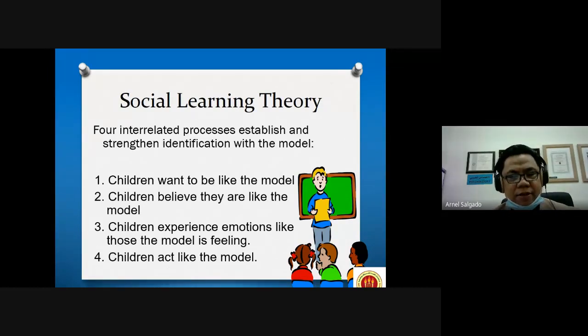And they act like the models, no? Maybe the way they act, the way they move their hands, the way they move around the classroom, the way they ask questions, the way they interact with students, the way they deal with the students. So that's how they learn. That's how they copy. As I mentioned to you, imitation is a form of flattery that is very relevant